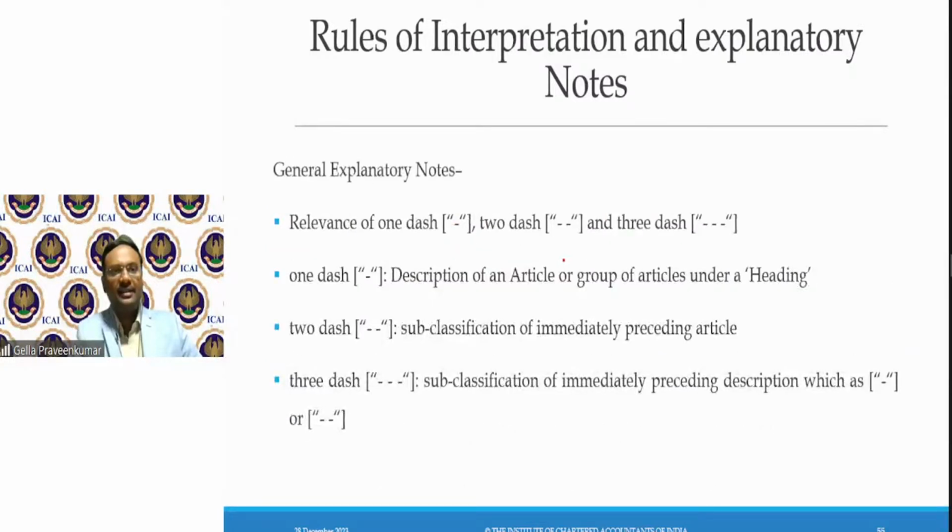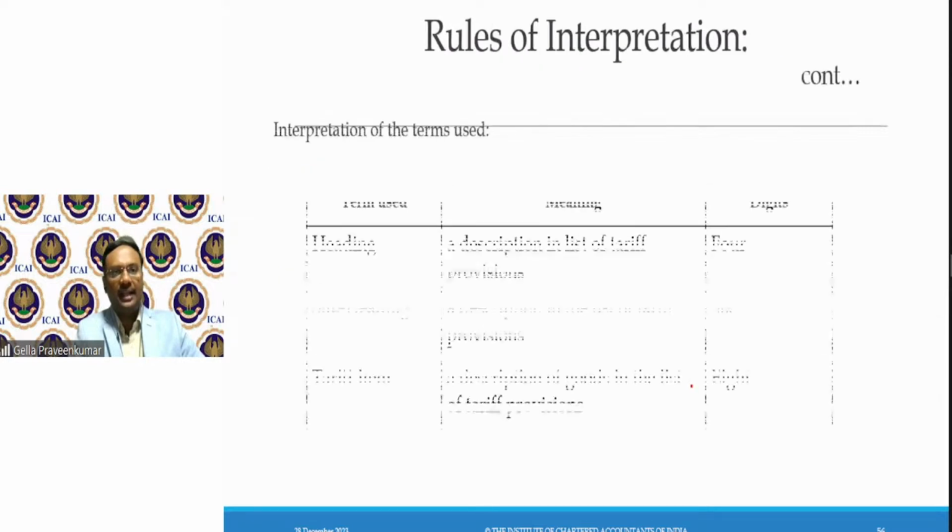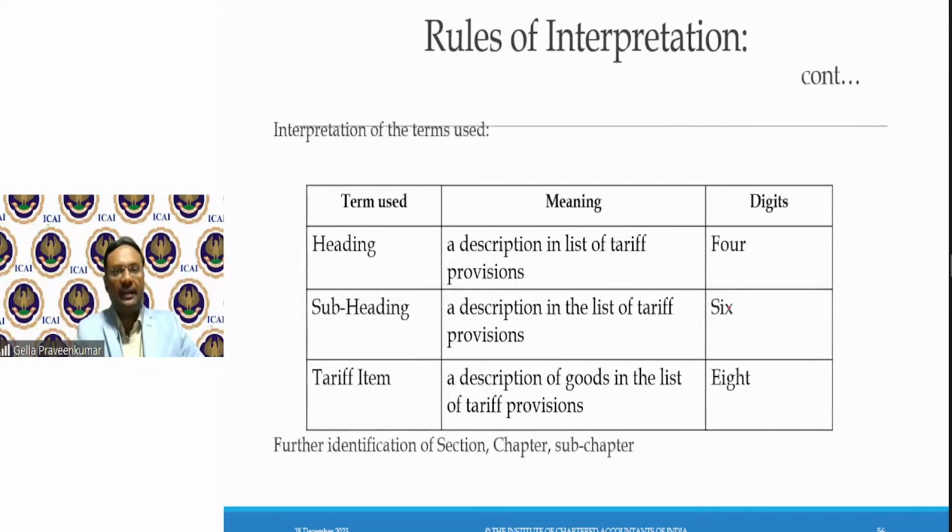When you look into your tariff, there is relevance in single dash, double dash, and triple dash. Single dash indicates a description of an article. Double dash indicates a subclassification. Triple dash indicates a subclassification immediately under the main description of the single or double dash. I can refer at 4-digit, 6-digit, and 8-digit level.